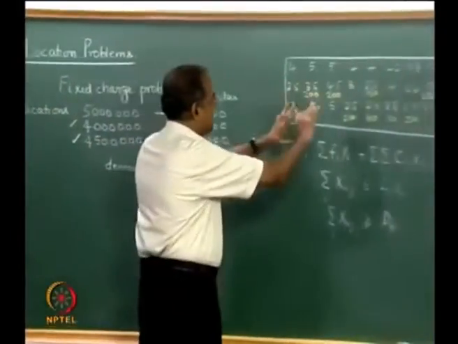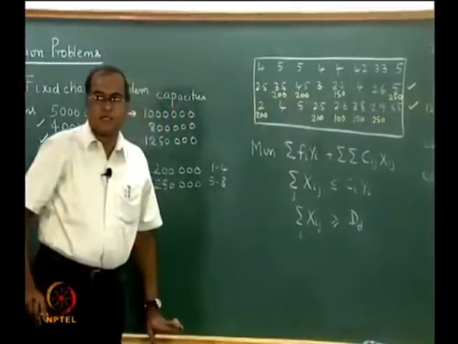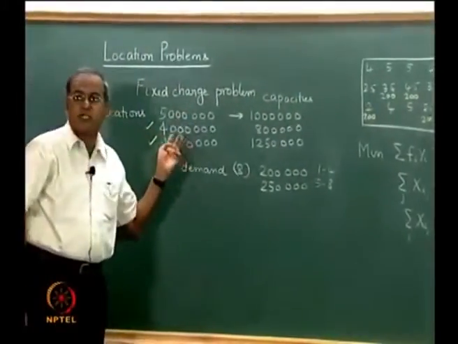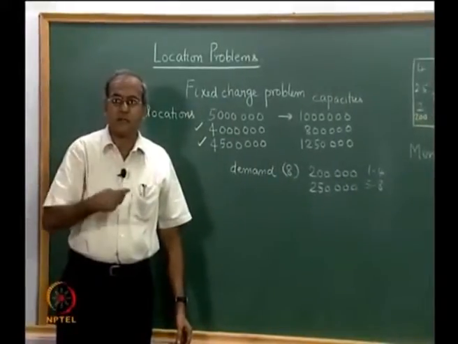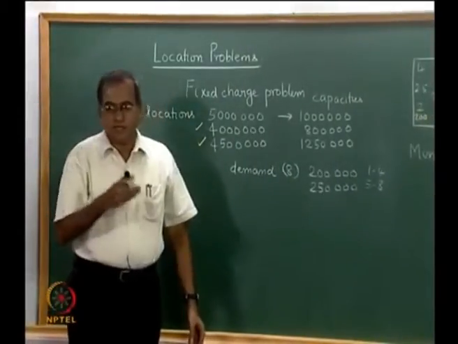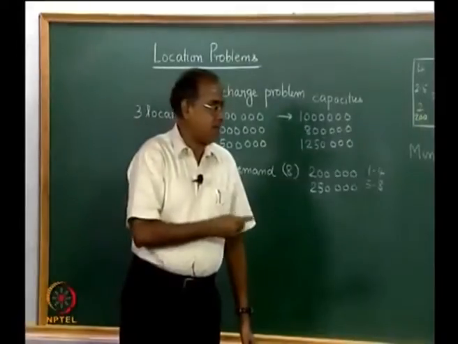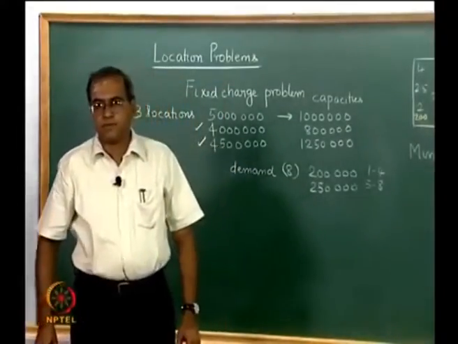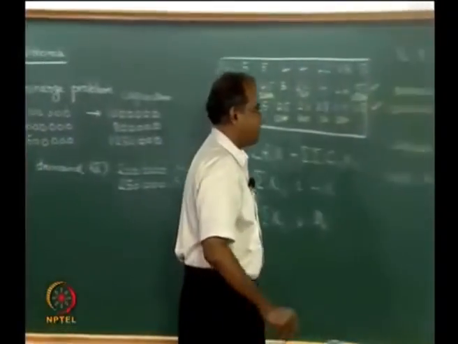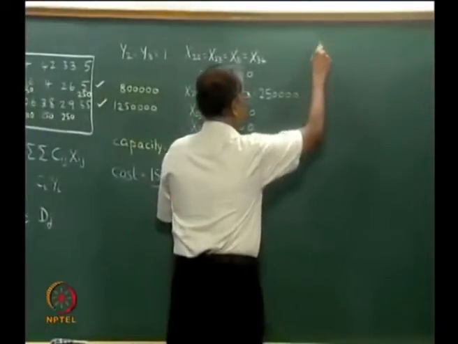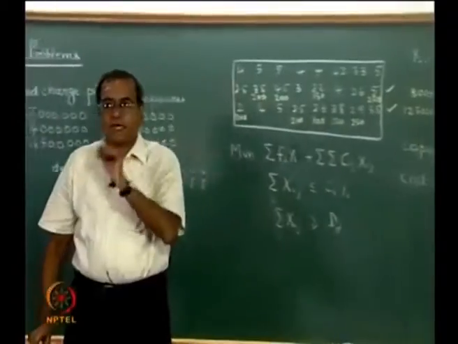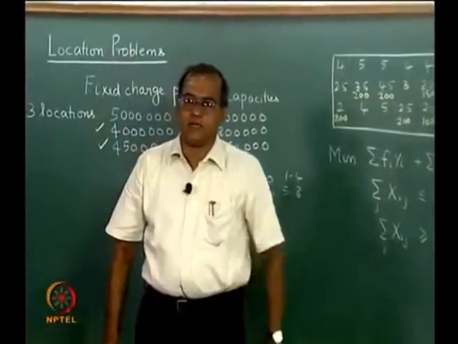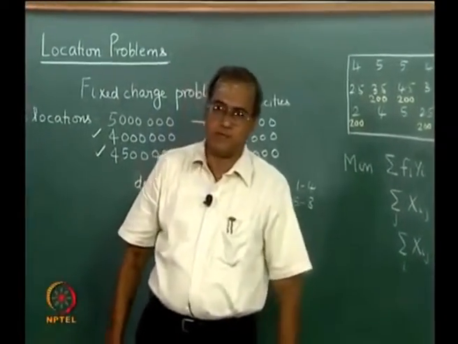But for smaller sized problems such as this, which involves only 3 potential locations and 8 demand points, it is always easy to solve this problem optimally using any solver and get the best solution to the problem. Now, the second variation of this is the case where a demand is met entirely by one facility and not by more than one facility.